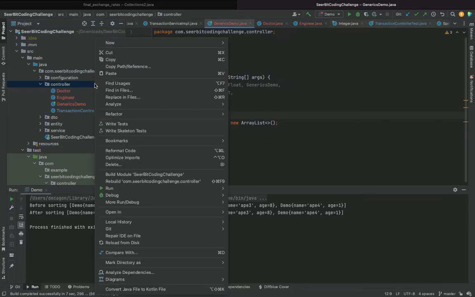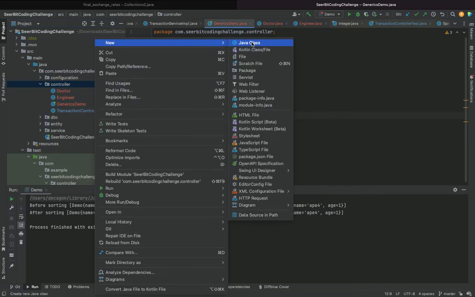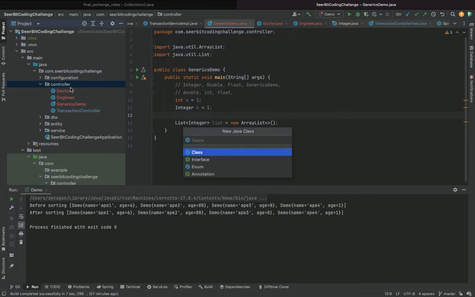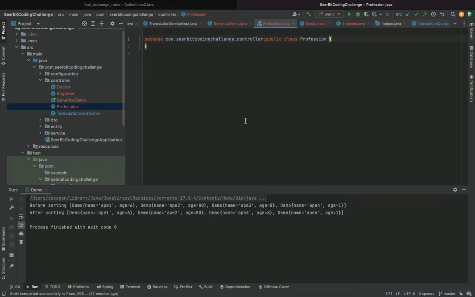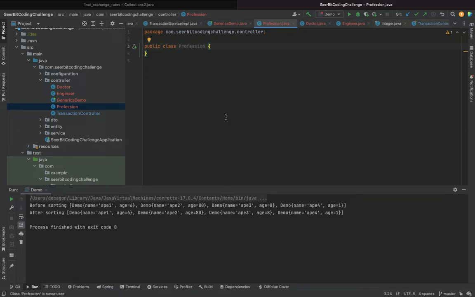What we could do is create a class that performs the action we're trying to do in the two classes, doctor and engineer. This class we will now call Profession. Now this is where the diamond bracket comes in.